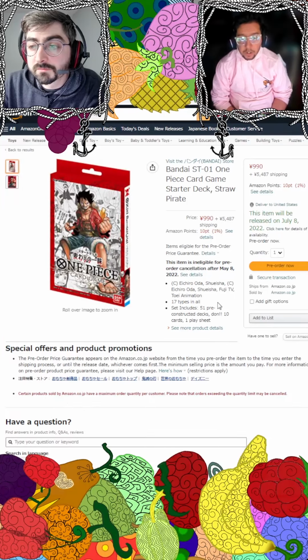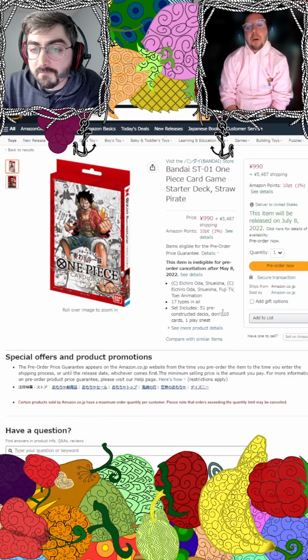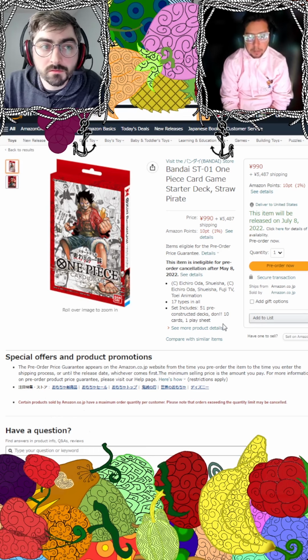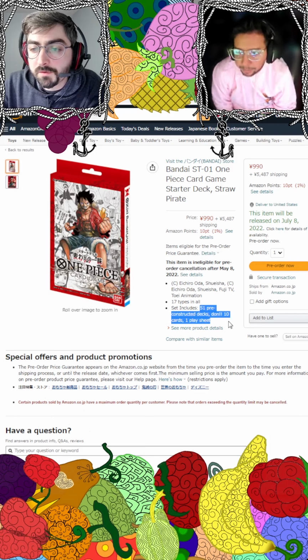I think you should show the arts, because looking at the artwork, Giz is really excited about alternate artwork. And it's also got collectors as well. I know collectors are always into Dragon Ball and Digimon, so I can only imagine what collectors for One Piece will look like, especially depending on the artwork. The artwork has left us so far with good feelings. So yeah. Last thing here is a 51 card deck,